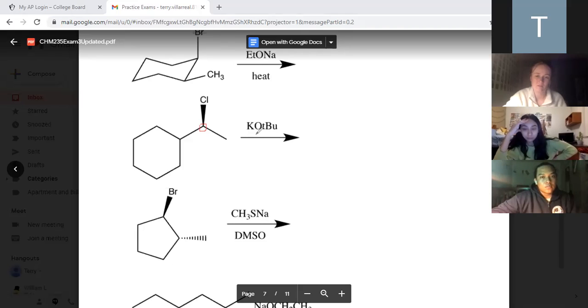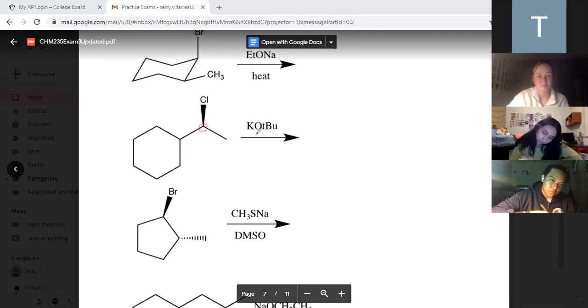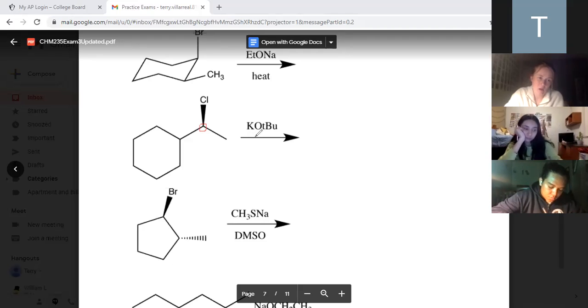I'm going to say a strong base as well. It is just a strong base. It is only a strong base. Because remember, tert butoxide, and the other three that we talked about in the last problem, those are the only ones that we have to worry about being strong nucleophiles, strong bases.